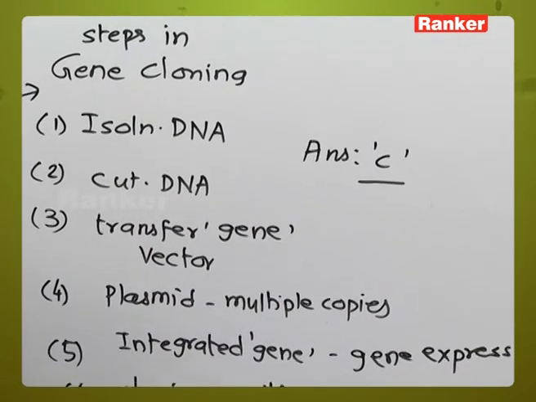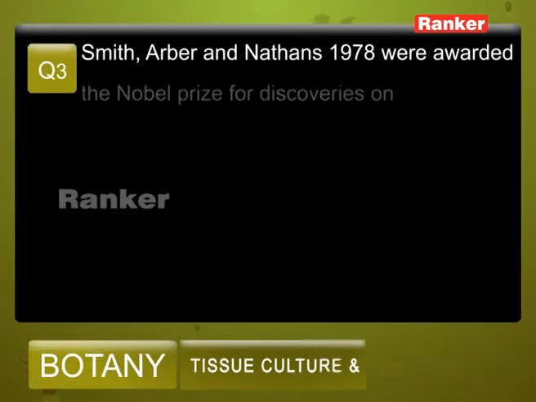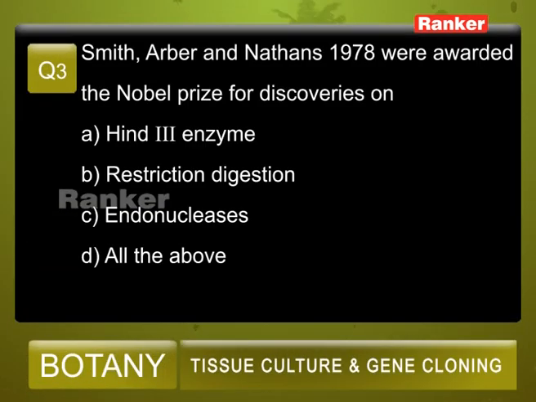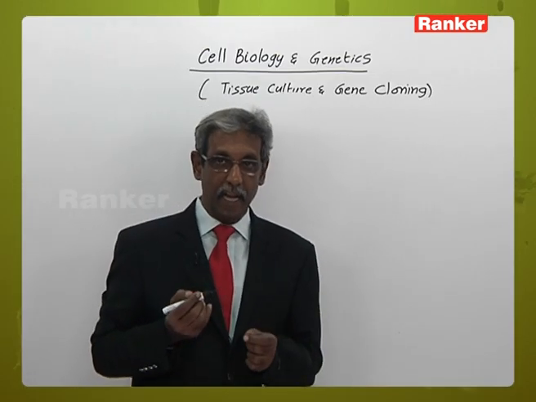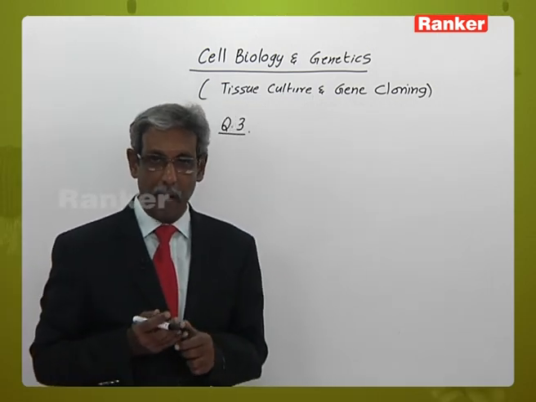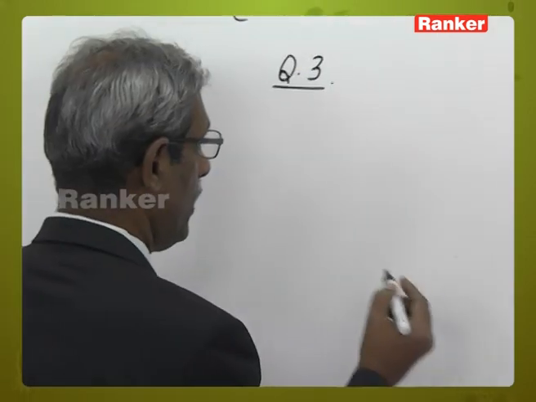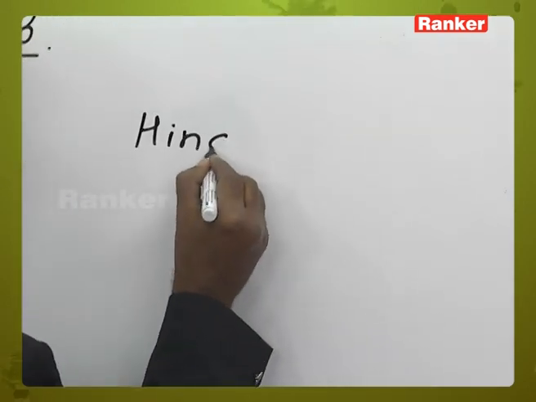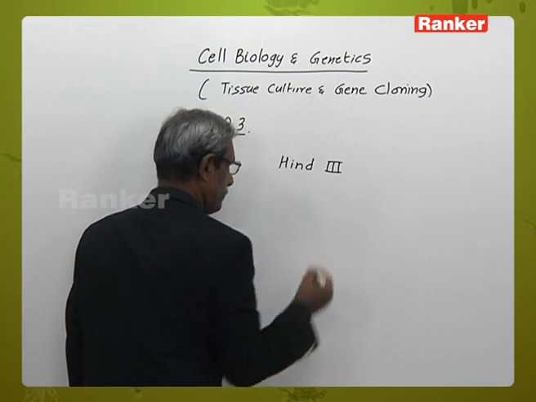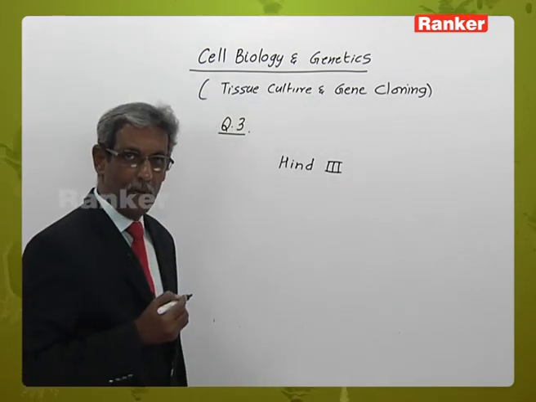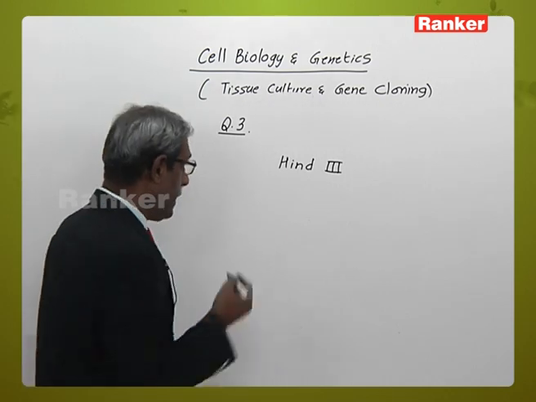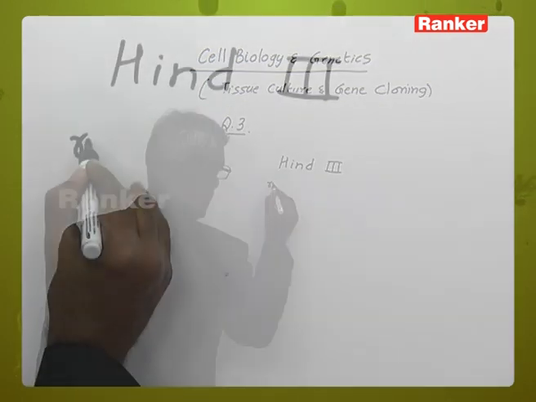Question number 3: Smith, Arber, Nathans, 1978 were awarded the Nobel Prize for discoveries on A, HindIII enzyme, B, restriction digestion, C, endonucleases, D, all the above. When you take 1978, primarily there were 3 important scientists whose names were Smith, Arber and Nathans. They had worked with relation to one particular restriction enzyme called HindIII. HindIII was the first restriction enzyme which was discovered in Escherichia coli, and primarily this particular restriction enzyme